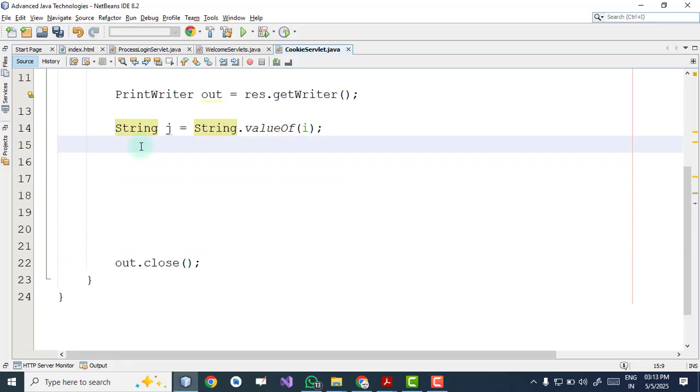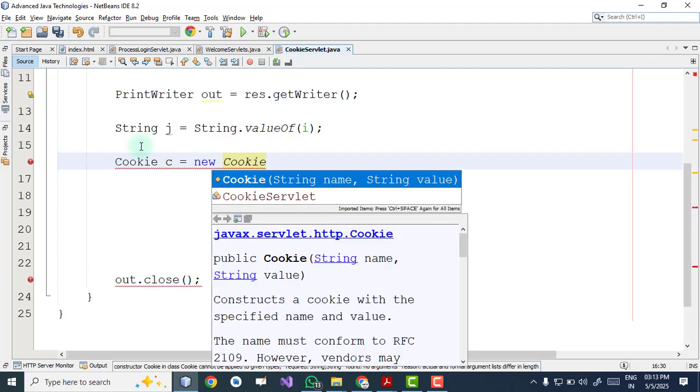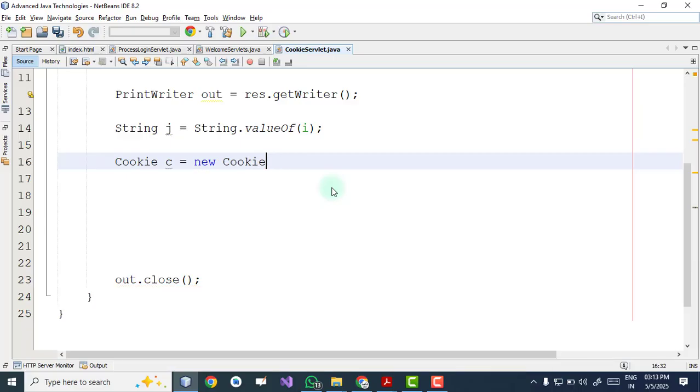Okay, now next we create a cookie class object, Cookie c = new Cookie. Now as we can see here, the cookie class has two parameters. First the name, पहले हम लोग name दे देंगे.